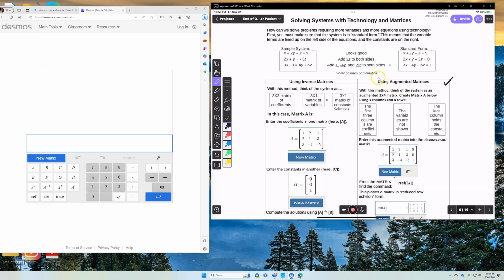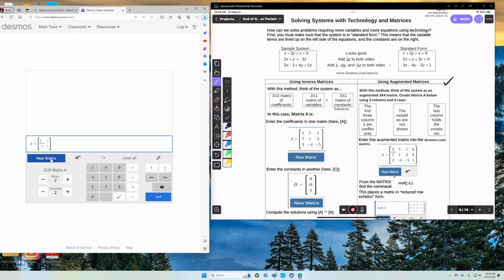What you need to do is, if you're going to solve this system, first of all, it has to be in standard form. That means you have X, you have Y, and you have Z on one side. Now, to type in this matrix, and you're probably wondering what these numbers represent. They actually represent the coefficients. So go ahead and go to